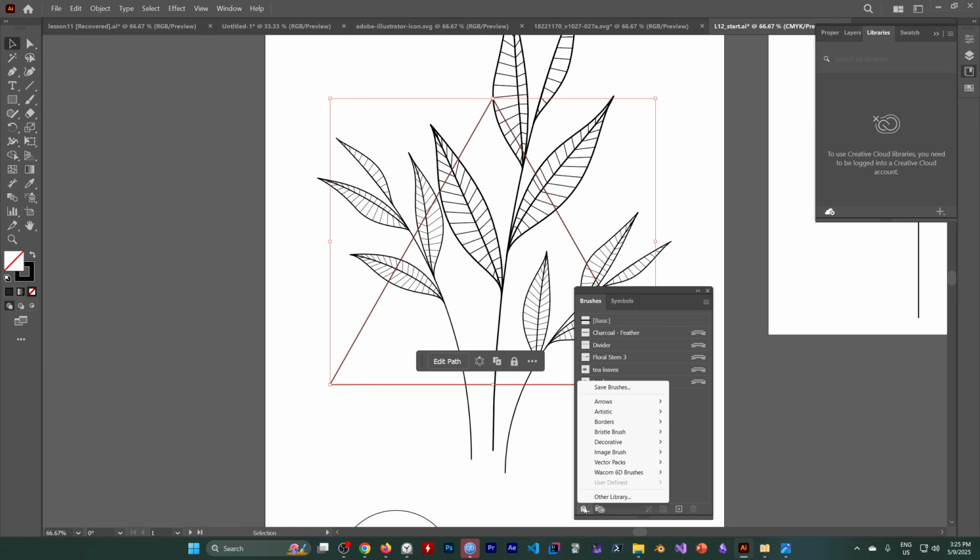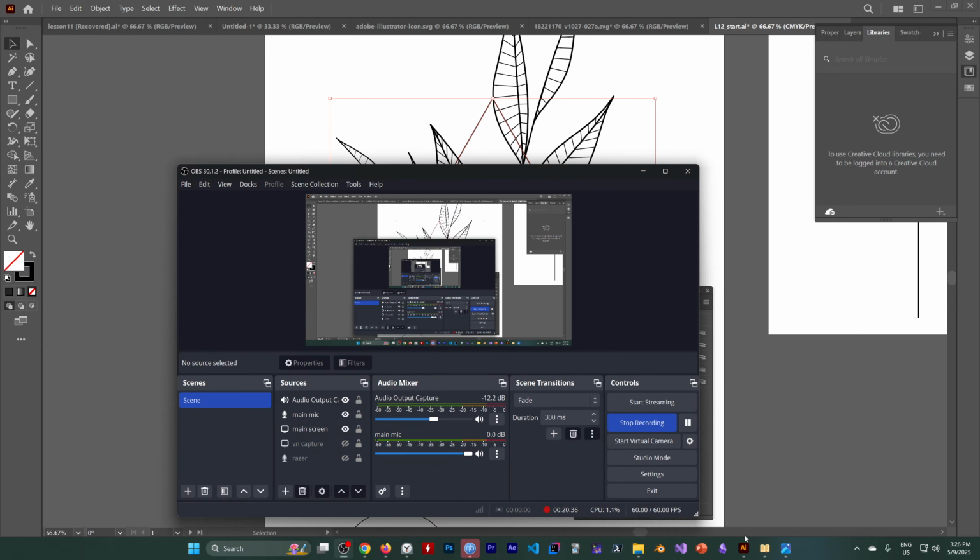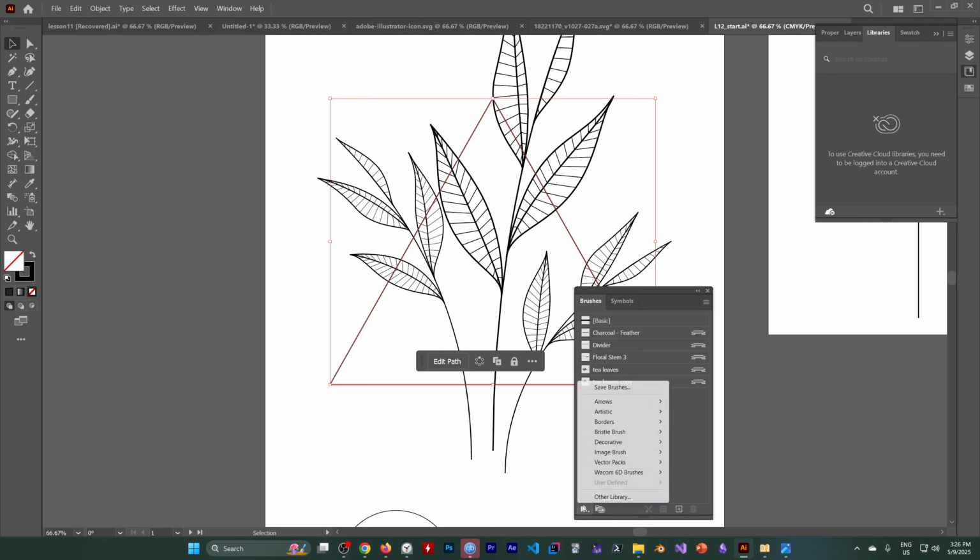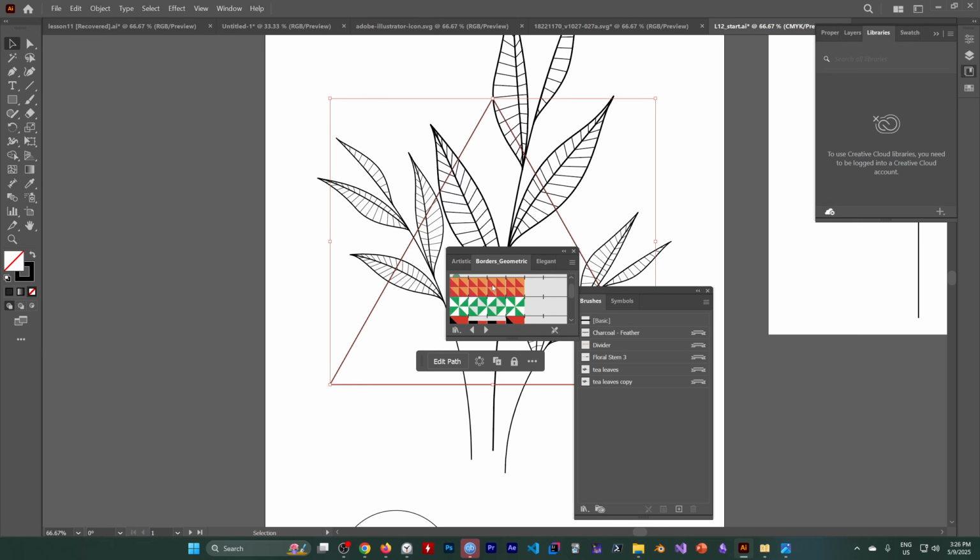So go to library. It's in the border, decorative frame. So it's a geometric brush. So we click on that, and damn it, there are a lot of them. So we apply this brush,